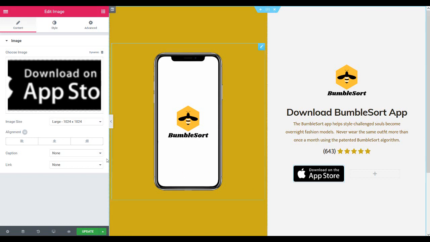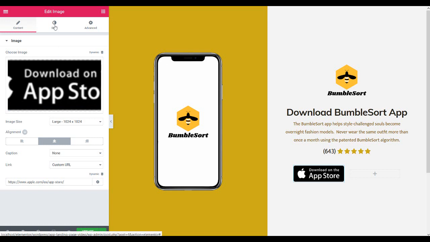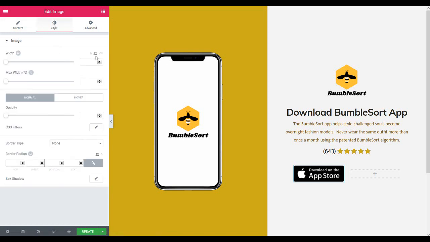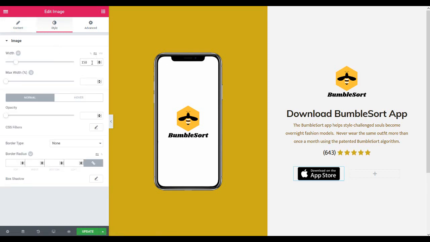Let's insert that on the page. Set its alignment to center. And let's link it to the App Store. You would link it directly to your App Store page, but we're just going to link it to the front of the App Store. And now we're going to set the width to 150 pixels